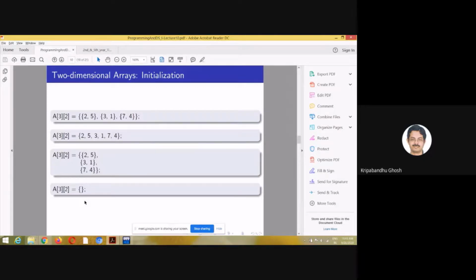So there is a problem in the arrays of C, that you cannot automatically assign all the elements of an array to a particular value except 0. So you can set it to 0 like this, but not to any other value. So that is one drawback.